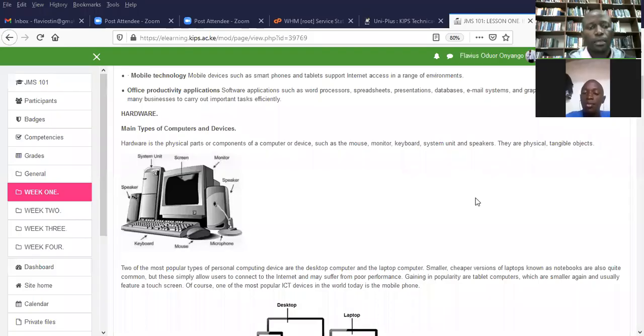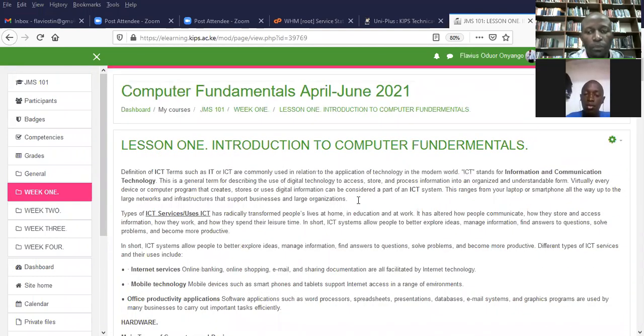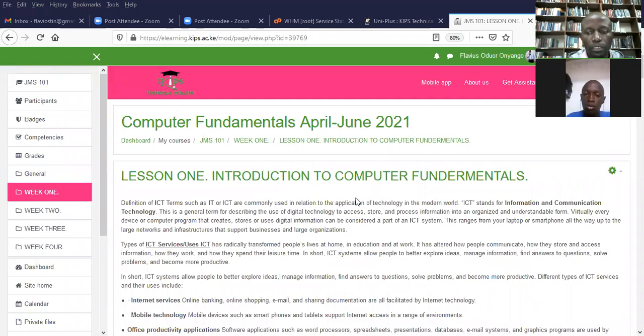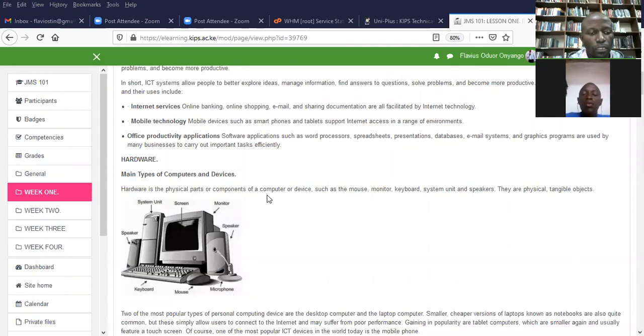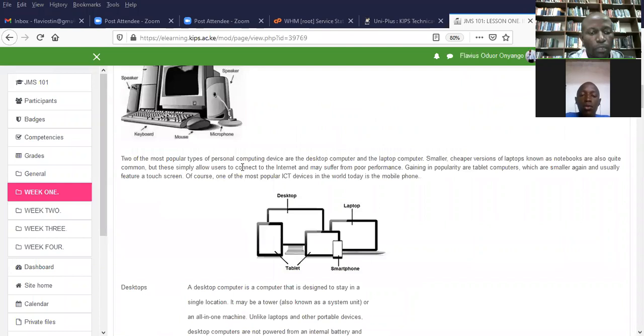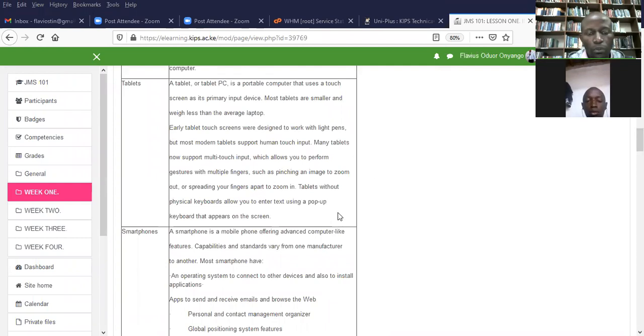I think that's very positive of you. I'm happy that at least you're able to remember some of these. At the very beginning we started by introducing ourselves to computer fundamentals, which so far you've been able to go through. And then some of the IT services, we've also checked on that. Basically, this is like week one. From your responses, I can confirm that you are really taking your study seriously, which is very, very positive.